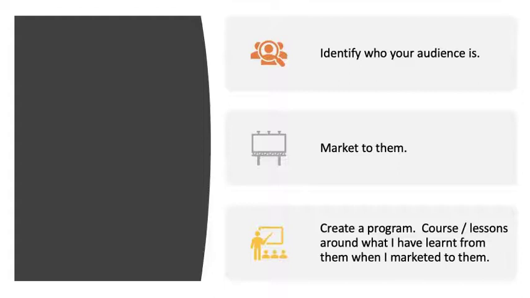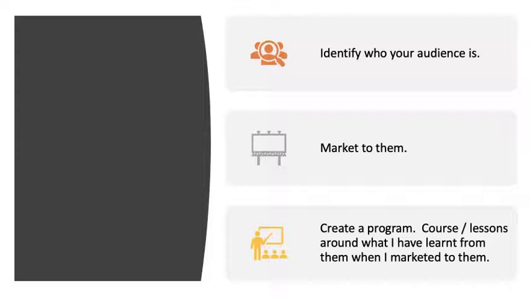Now, lots of people do this. They identify who their audience is, then they create a program with courses or lessons, and then they market it. I don't do that. I identify who my audience is, I market to them, and I listen to them. I listen to what they say, what they want, and that determines the type of program or course that I write. So I kind of reverse engineer it, if you like,